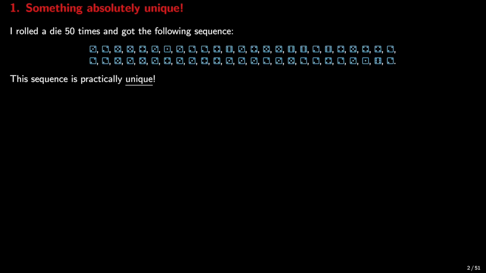The magnificent thing with this sequence is that it's absolutely unique. There is no way you can repeat this experiment and replicate my sequence. This is mine, this is my sequence. You can't do the same. Actually, the chance that you will roll a die and you will produce exactly the same sequence is incredibly small. Let's see how small it is.